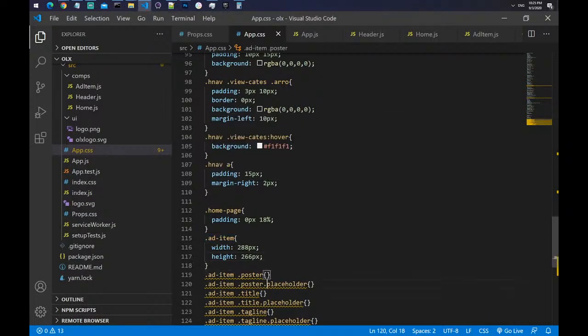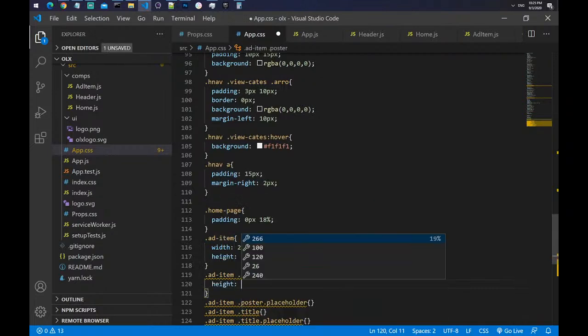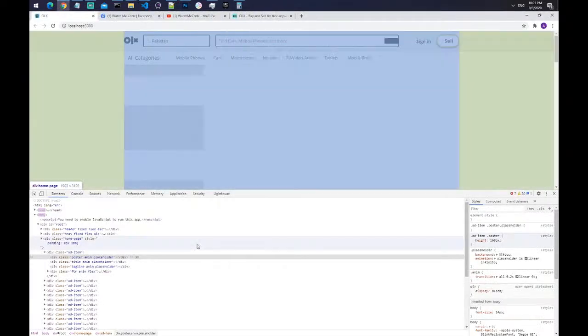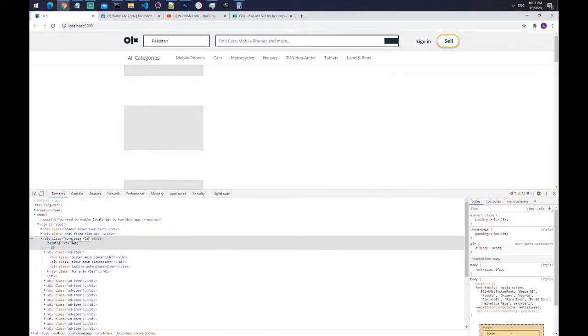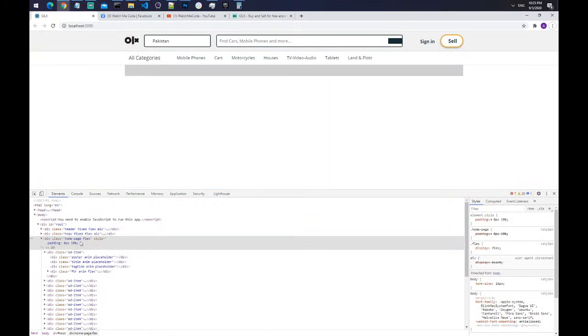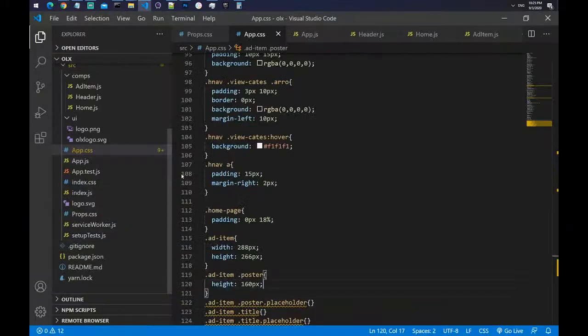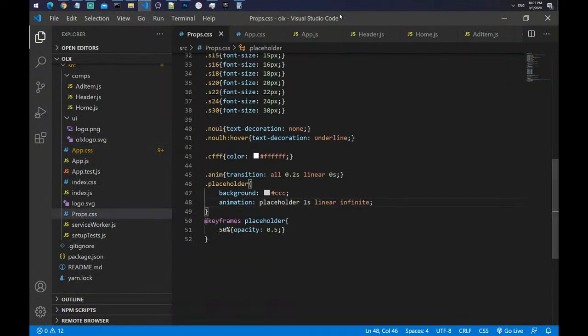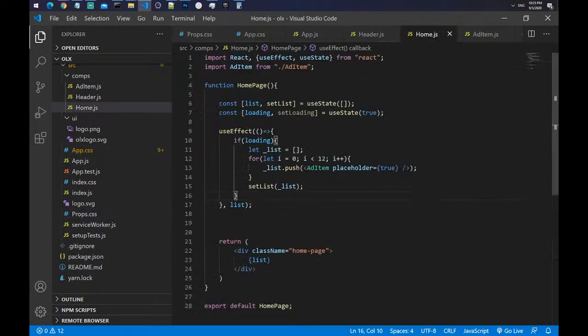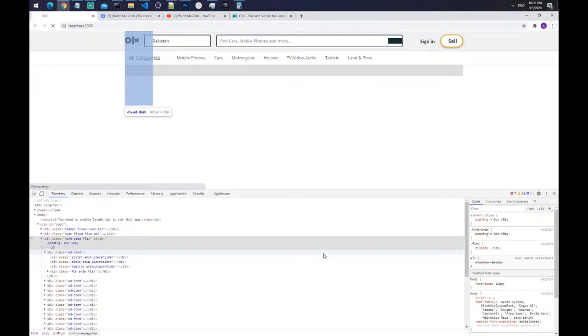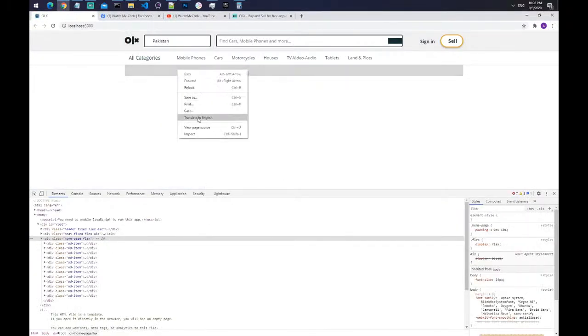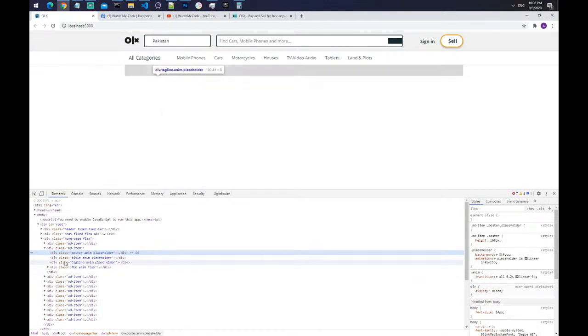So let's quickly add height 160 pixels, and for the home page we will use flex, and you can see the home page is actually starting from the top, and that is really bad. First of all, let's quickly add flex, and next we need to change the home page top to something like